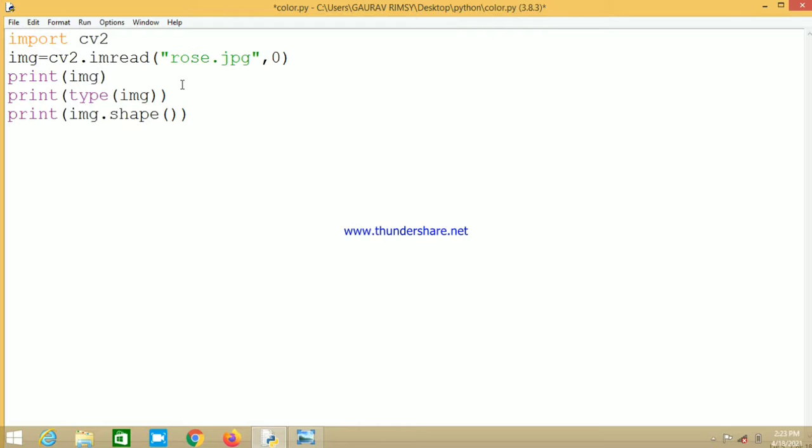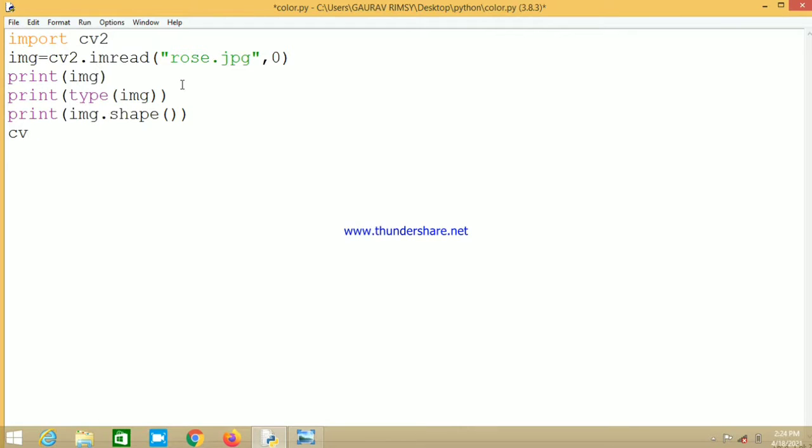You might be thinking, what is a channel? A channel is basically the red, green and blue combination. But here it will show you the number of rows and columns only, as our image is grayscale. If the image is colored, then it will show a tuple of rows, columns and channels. But in the case of a grayscale image, it will show only rows and columns. It is the best way to recognize whether your image is a color image or a grayscale image.